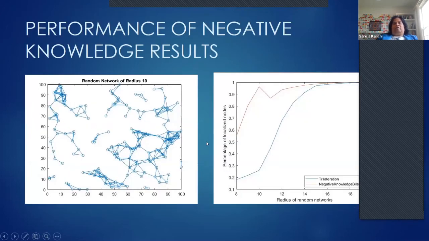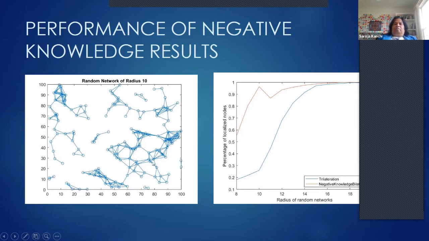So implementing that algorithm gives us this kind of result here. This is just a random network because I didn't want to just use a bilateration network, a random network generated with radius 10 on a 100 by 100 space, and that's what that looks like. And radius 10 is considered to be very small compared to this area, and it's considered a sparse graph. So the focus is on sparse random graphs, which is the challenging aspect of these localization techniques.